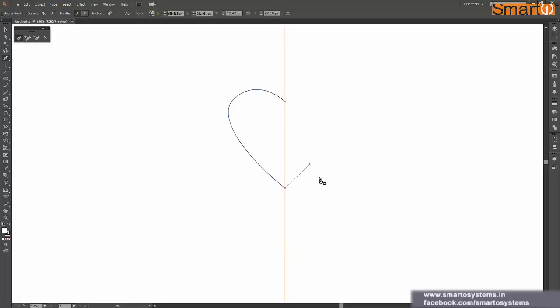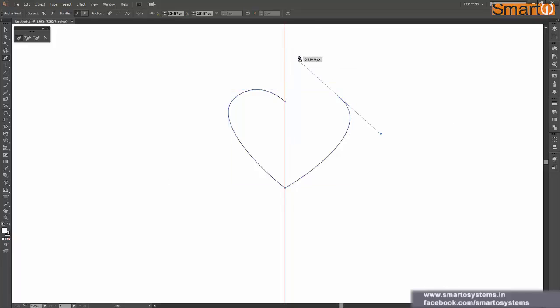Okay, so once I release my Alt key, I have my pen tool back, so I can continue my design after that. Okay, so there was an error message in between, so it just broke our shape from the middle. Anyways, we can click on this point again and we can continue our design. So here I can just click over here and place it somewhere like this and then click over here again. Now here you can see that again it's overshooting over here because I just managed this curve. So how can we adjust this one also?